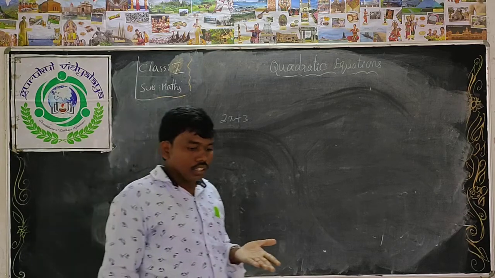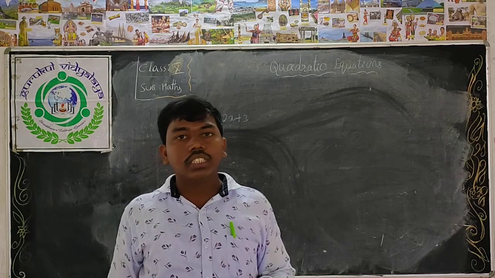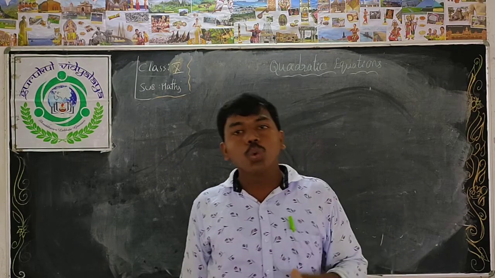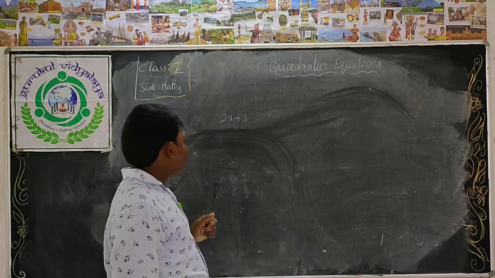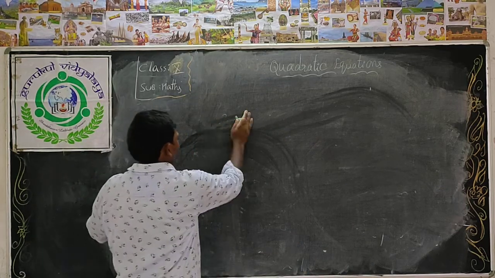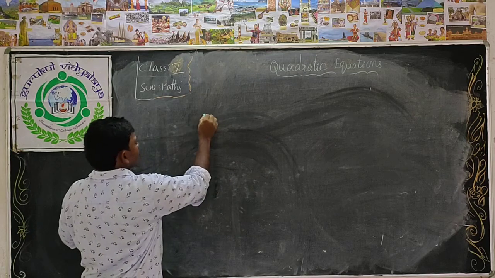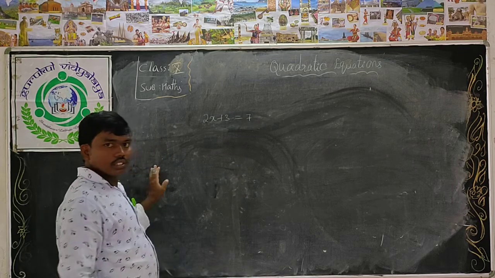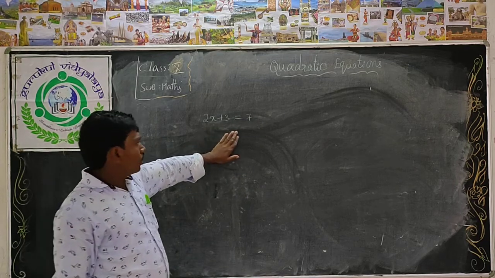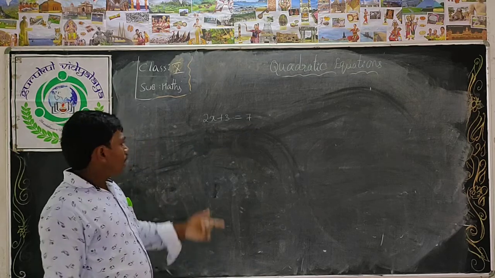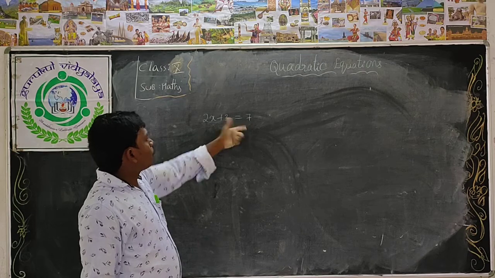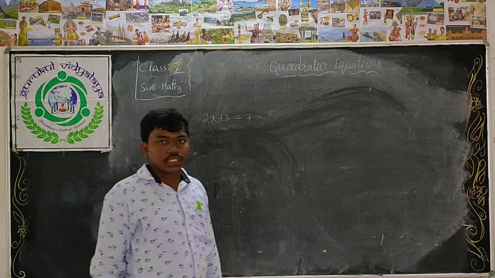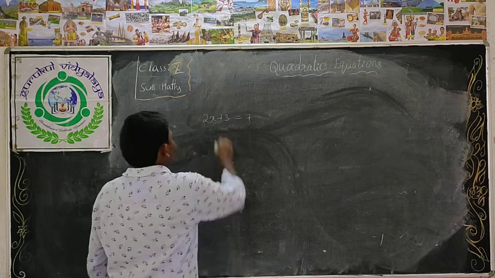What is that? This is an algebraic expression and also a polynomial. You already learnt in previous classes algebraic expressions, linear equation in one variable and linear equation in two variables. Okay, children. Now I am going to tell about equation. For example, 2x plus 3 is equal to 7. So this is an algebraic expression, this is also an algebraic expression. Equality of two algebraic expressions. An equality of two algebraic expressions is called an equation.